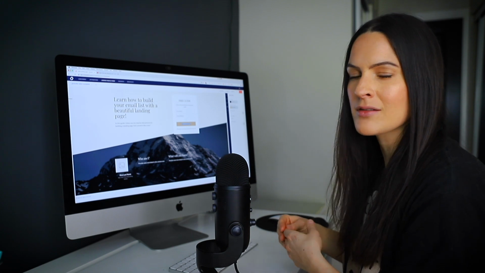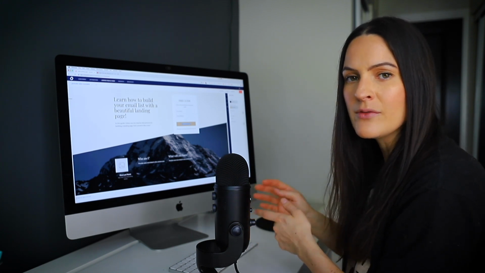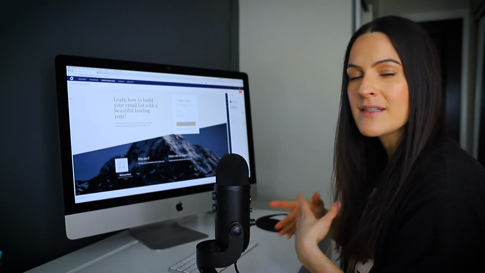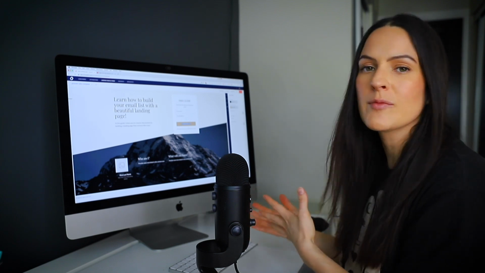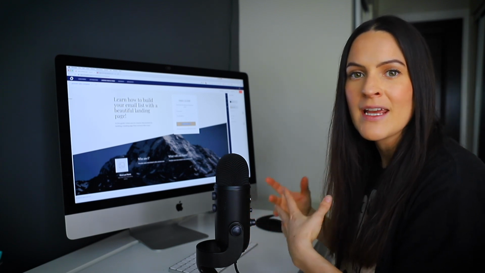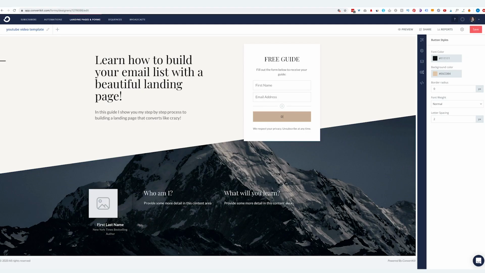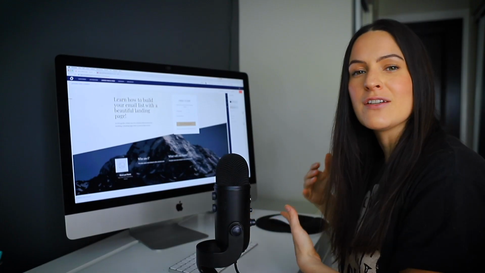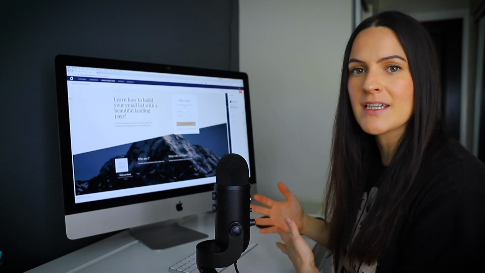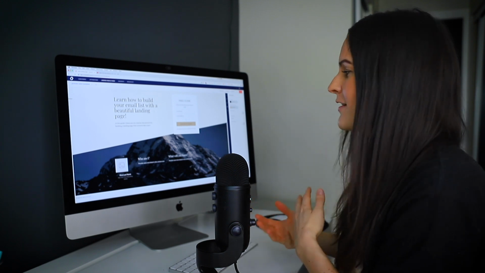Now, the button on a landing page is super important. You need it to be eye-catching and you need it to be clickable, okay? And by clickable, I don't mean physically clickable, but it actually encourages the person to click. So here I could write, download the guide. I could also write, give me the guide. So when someone clicks that, they know exactly what they're getting, they know why they're clicking it, and the button is sort of encouraging them to do so.